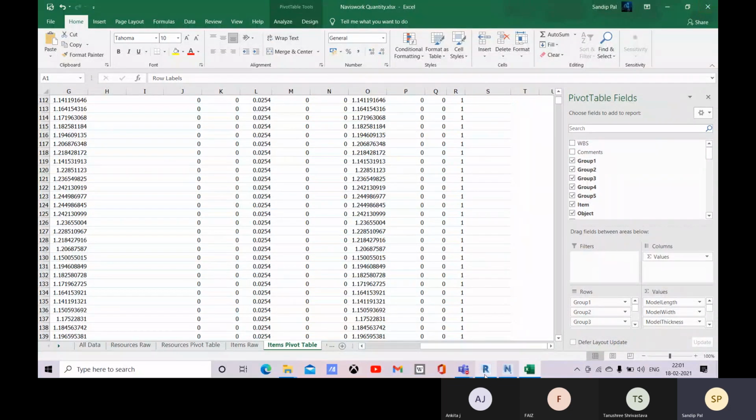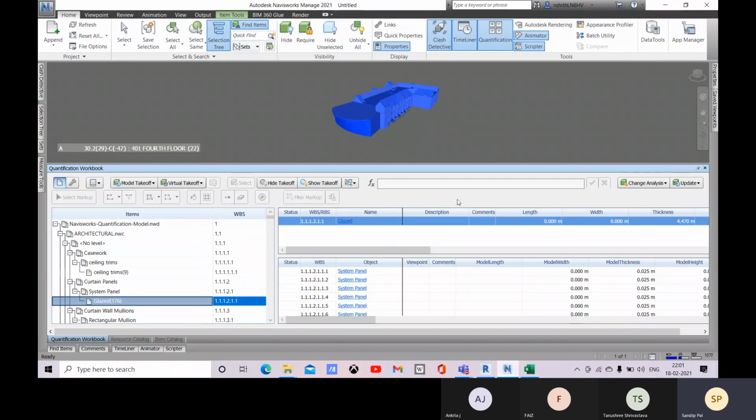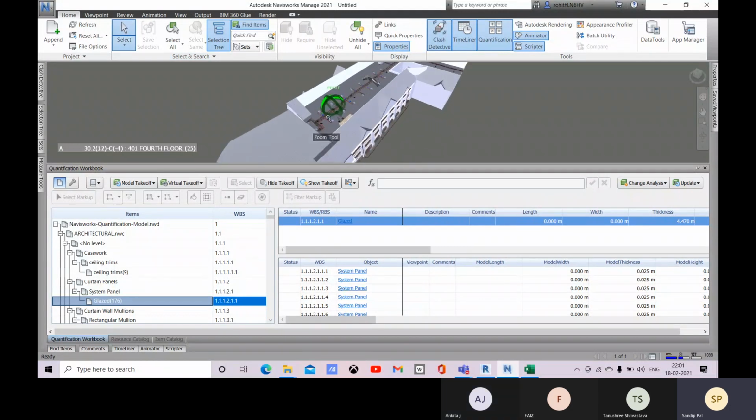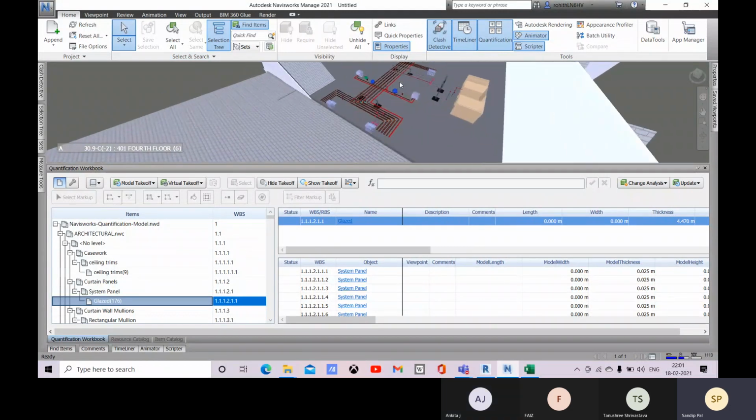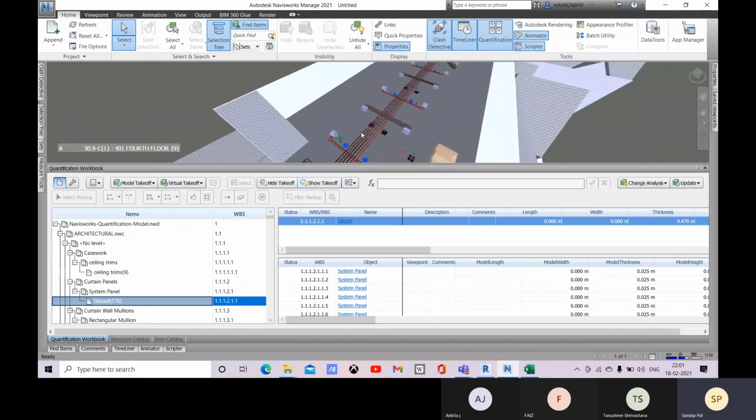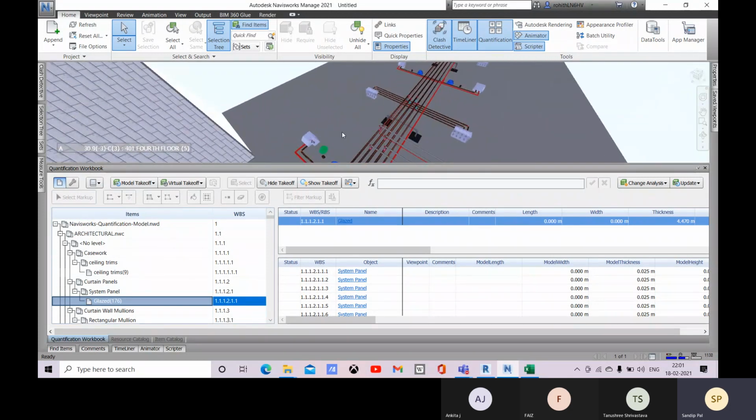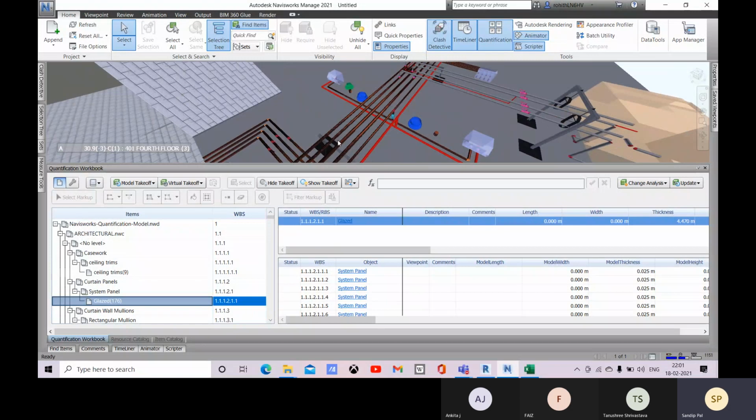Okay, now let's come back to Navisworks. Is this Navisworks screen visible? Yes, sir. Yeah. So now let's see that we have some objects with this color. We can change how it will look, what the color will be.